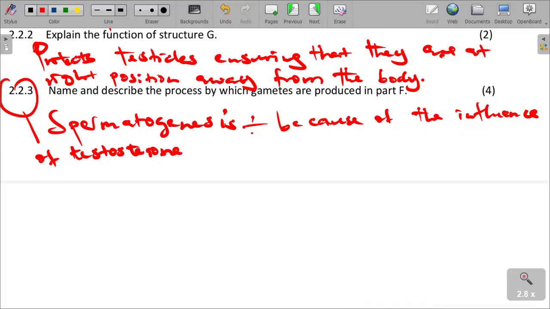What happens is that, because of the influence of testosterone, diploid cells in seminiferous tubules